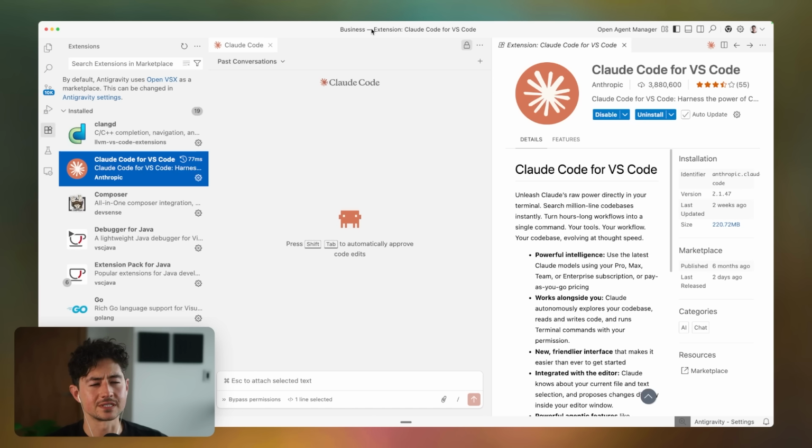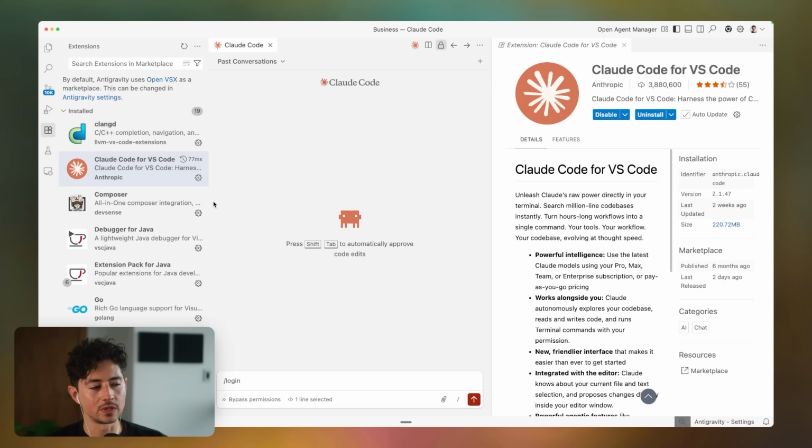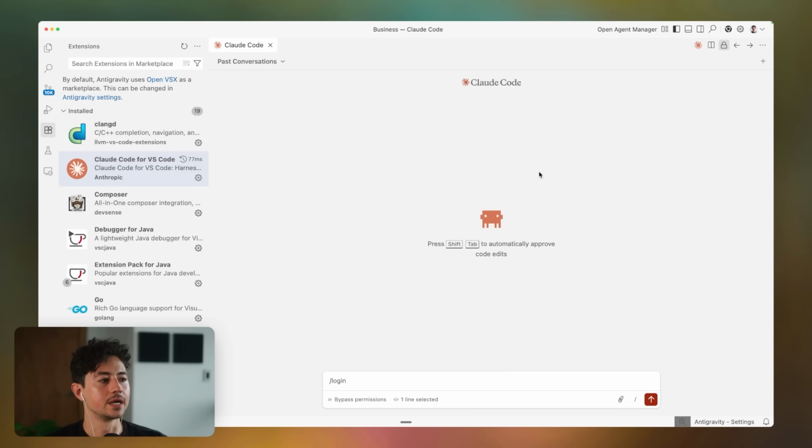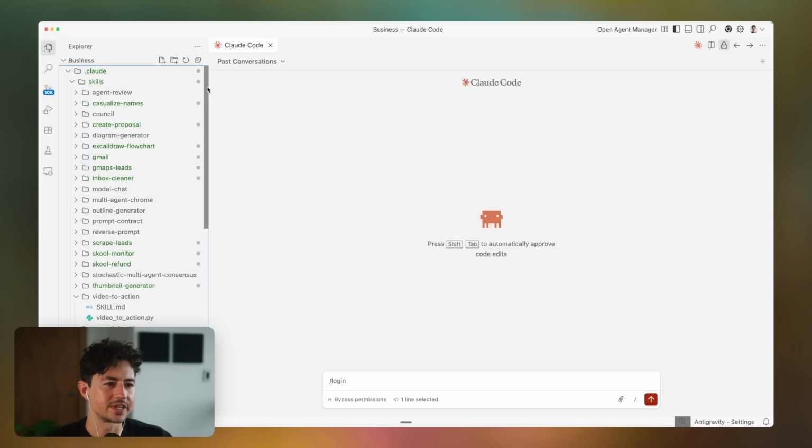Don't be confused. It's very similar to Antigravity. Installing it, and then you also have to log in here. After you're done, you will have the exact same functionality that you have in the Claude desktop app that I just showed you guys earlier when we built out that little full stack app. It's just you'll have it within Antigravity, which also allows you to do things like organize your files and stuff on the left-hand side.